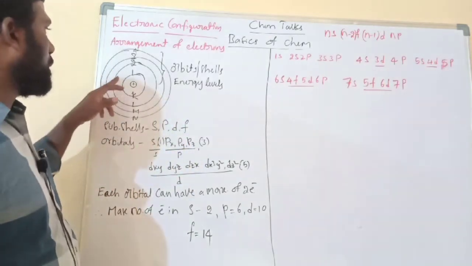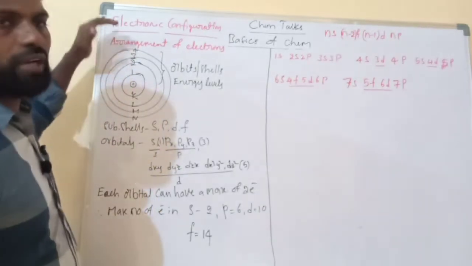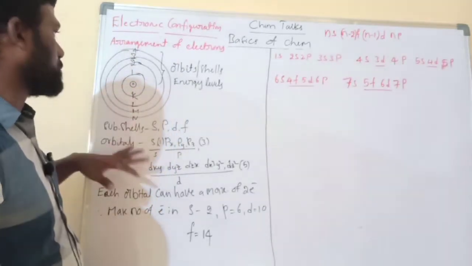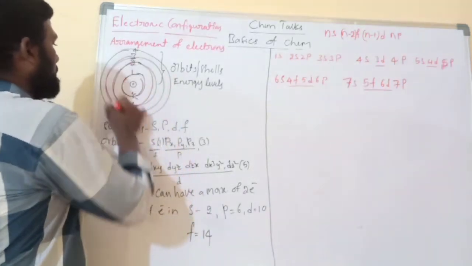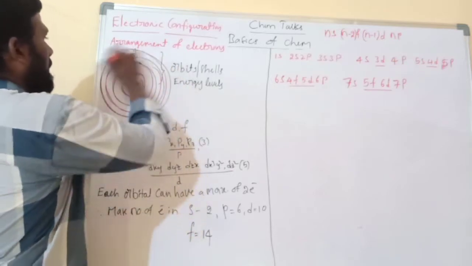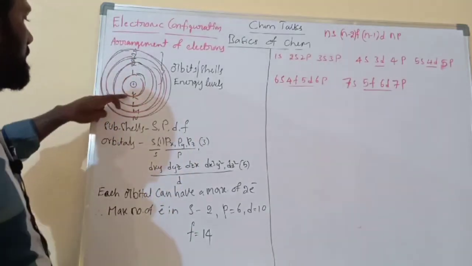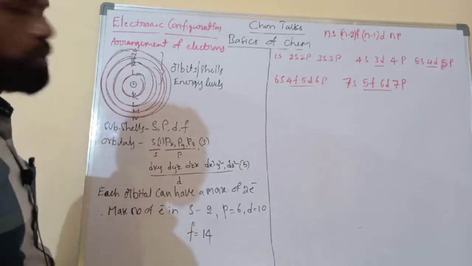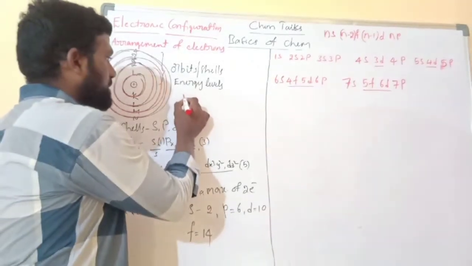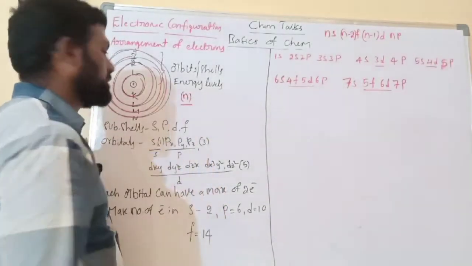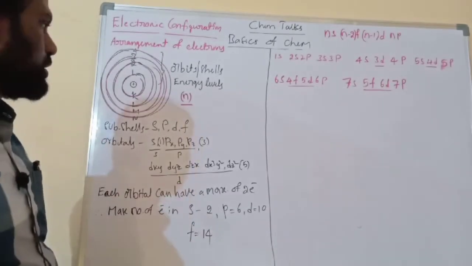What are orbits? Orbits are the paths of electrons. These paths are classified into 1, 2, 3, 4 and so on, or K, L, M, N and so on. This is the first orbit, second orbit, third orbit, fourth orbit and so on. This was proposed by Niels Bohr, and these orbits are represented by the letter small n, which you have studied in 10th class as well as in 9th class.